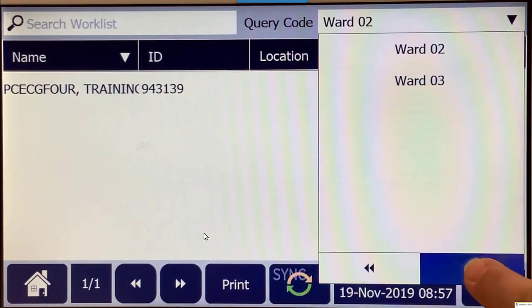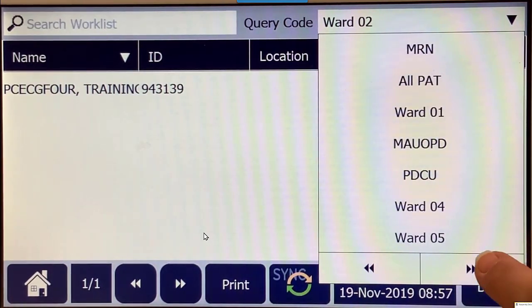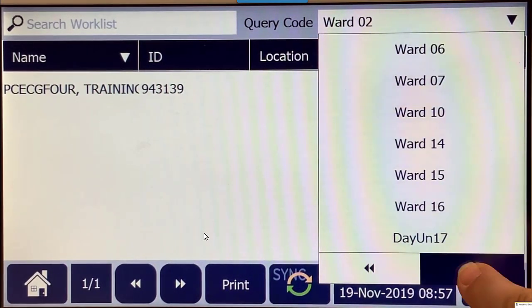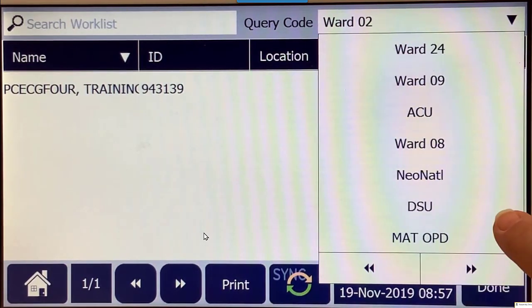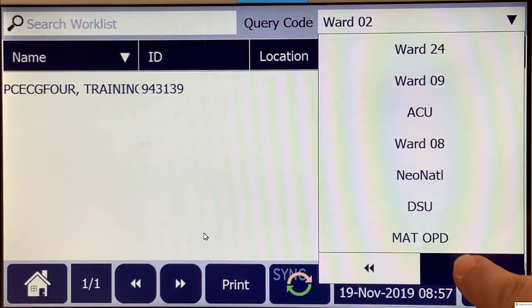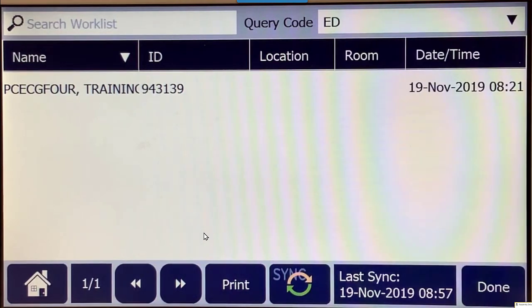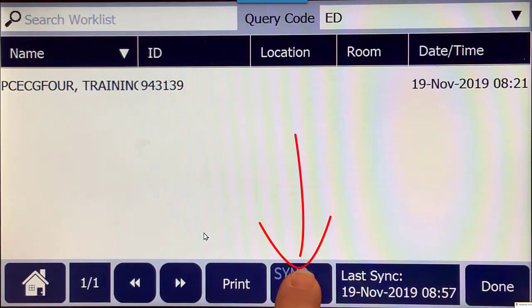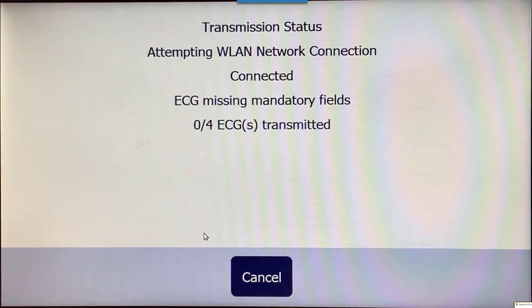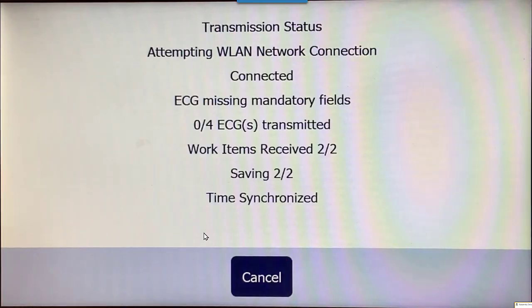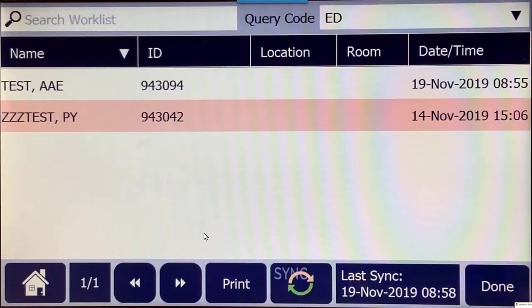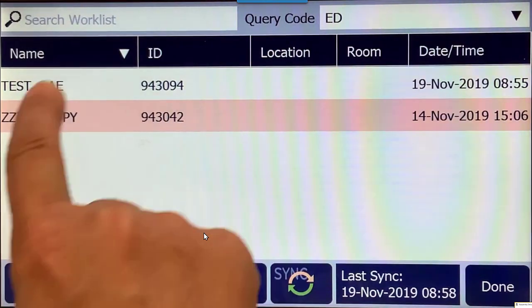To take an ECG for a patient in the emergency department, we need to change the location to ED. You probably won't have this many locations on your actual ECG machine. If we can't see the order, then we should press synchronize, and this should bring across the order so that we can now see the patient on the work list, select them,